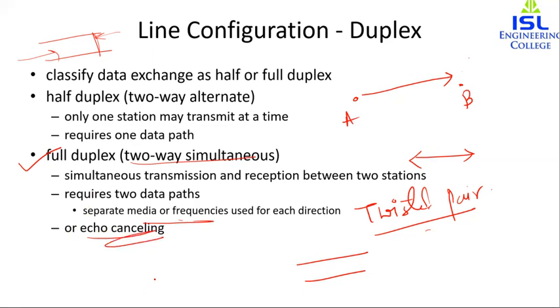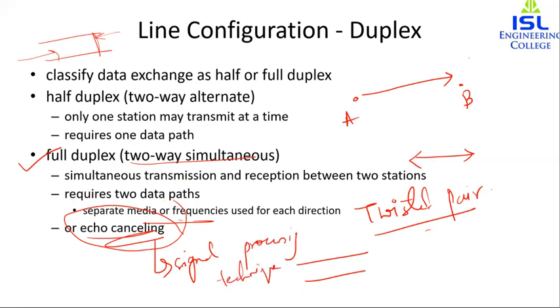So if we are transmitting digital signals on only one line, that is, without changing the frequency, then that can be done using the technique known as echo cancellation. For now, we will just remember the term echo cancellation. We will study it later. Basically, this is a signal processing technique, and it belongs to the digital to analog signal subject, so it is not related here, but you have to remember the term that echo cancellation is a technique which can be used to transmit on the same line. Now, after that, we will be studying the topic which is multiplexing.